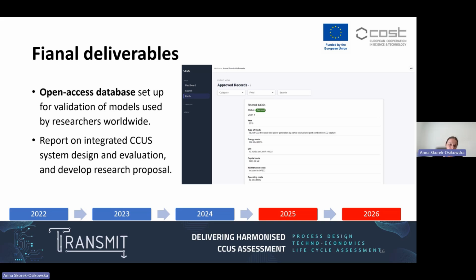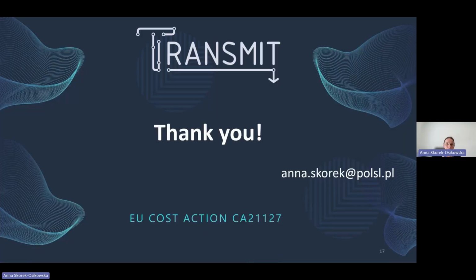We also are going to produce some final reports based on these collaborations, talks and full meetings. Hopefully it will serve the CCUS community. And well, this is almost the end. What I would like to underline is that